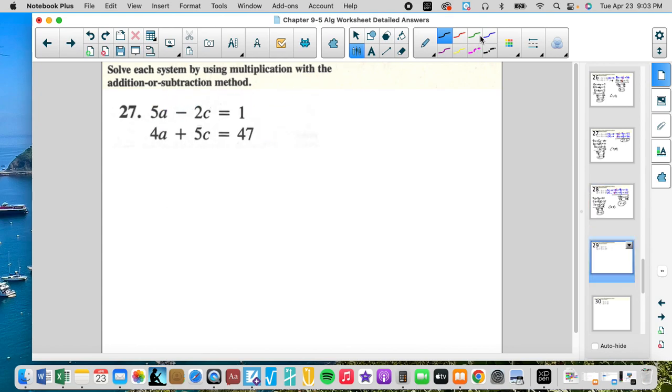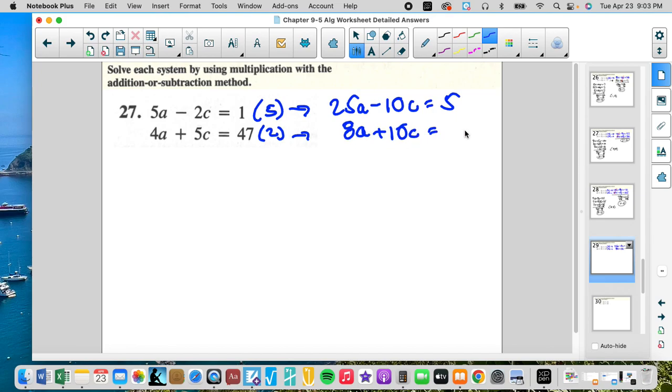I'm going to multiply by 5 and 2, so I don't have to do negatives. 25a minus 10c equals 5. 8a plus 10c equals 94. Cancel the c's. That gives me 33a equals, we like the 33 number apparently, and that's going to give us